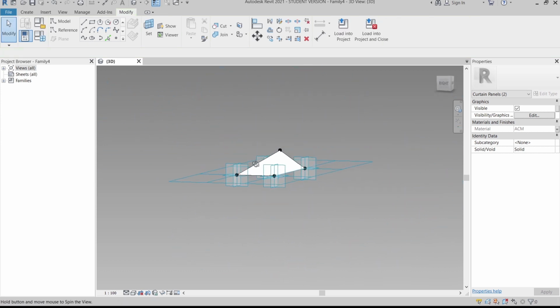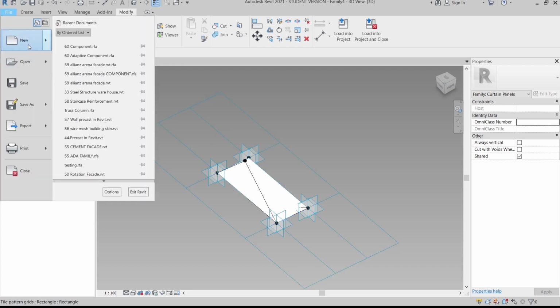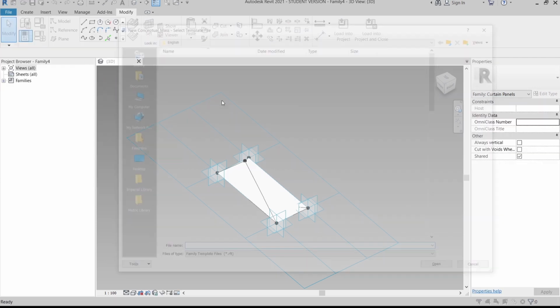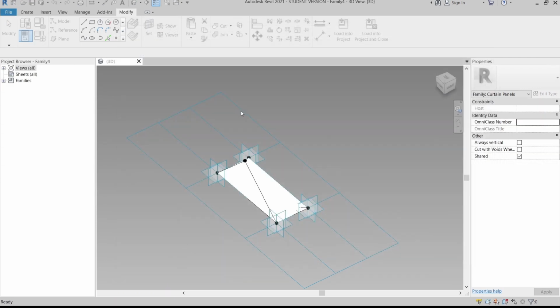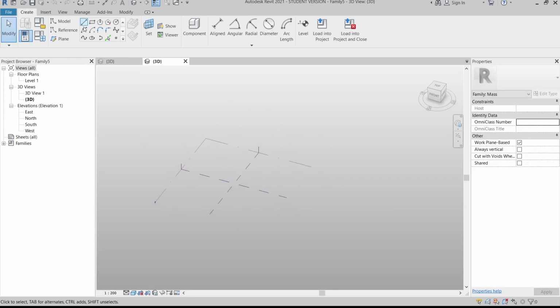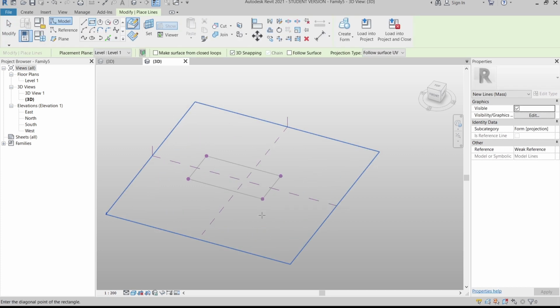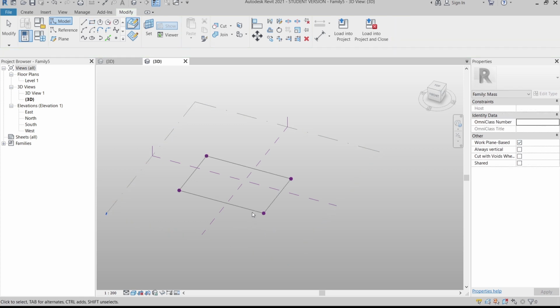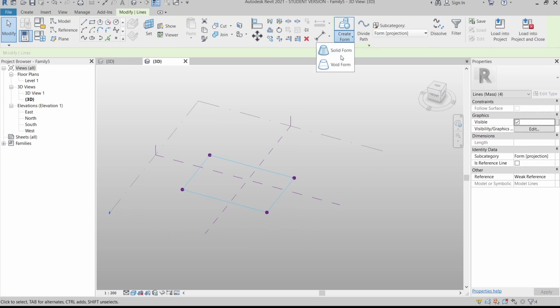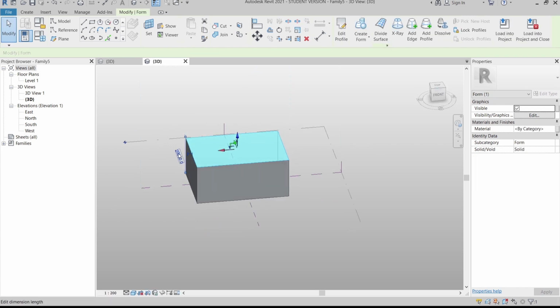Okay, so now it's time to apply this into our project. I just go to file there. Then drop down, find new conceptual mass, metric mass, double click, open up, the file is installing. I just simply go to rectangle here, then start like this, something like this. Yep, hit escape, then select the whole panel there, create form, solid form. Okay, so I want to make it around 25 meter.